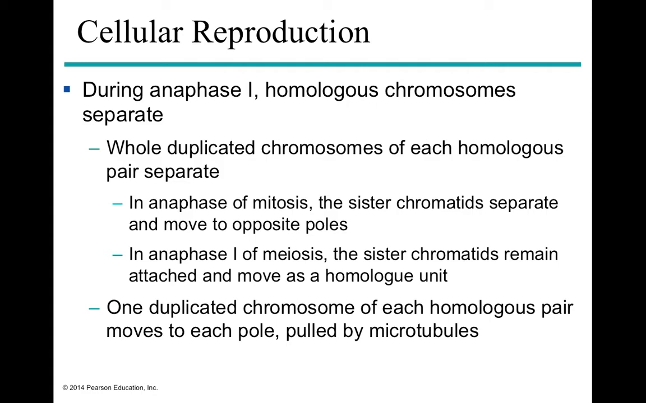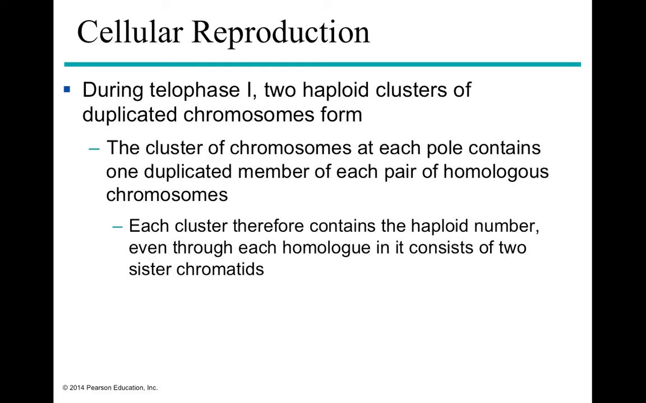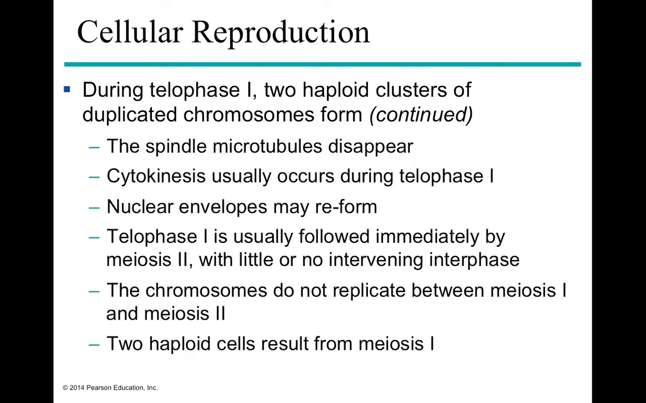But I digress. All right, so anaphase 1 occurs immediately after prophase 1, and this is going to happen basically when the homologous chromosome pairs separate out from one side to the other, and the entire duplicated homologous chromosome separates. Now remember, in anaphase of mitosis it is a little bit different because the sister chromatids are going to separate out. But in anaphase 1 of meiosis, the chromatids remain attached and move as their own homologous unit. And again, they're going to be pulled by microtubules. So each cluster is going to contain one duplicated member of each of the pairs of homologous chromosomes, and then when we enter into